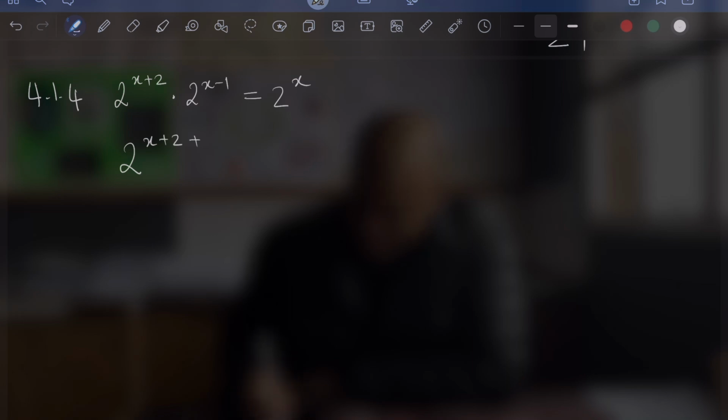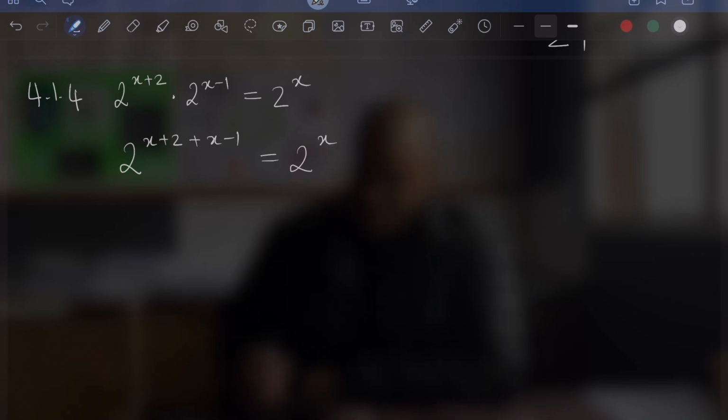In fact, this would be the application of law number 1 in laws of exponents, where I've got a power multiplied by another power. The powers have the same base, so I can simply add the exponents and keep that same base. So there's a few ways again of doing this. I'm just going to follow that simple approach. So I've got a base 2 to the power x plus 2 times base 2 to the power x minus 1. I will keep my base and I'm going to add my exponents. So x plus 2 plus x minus 1, and that is all equal to 2 to the power x on